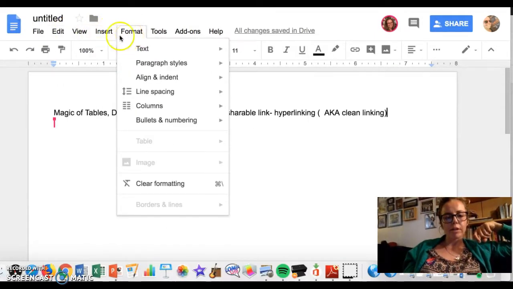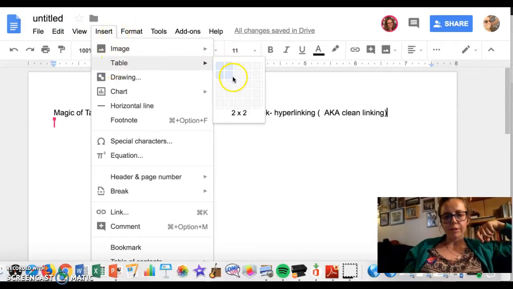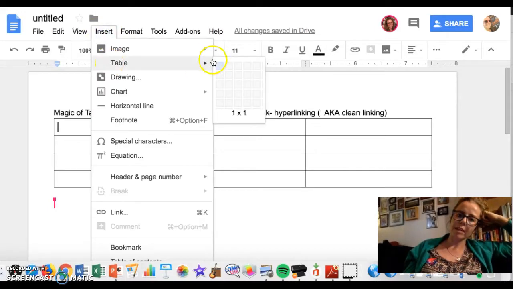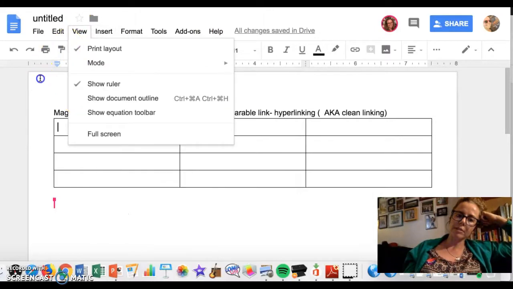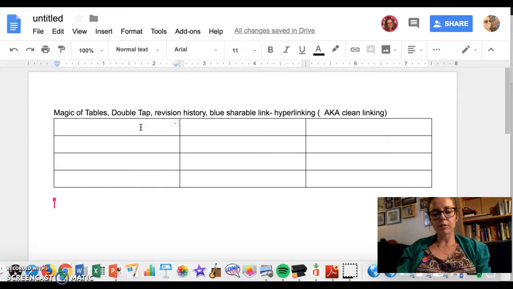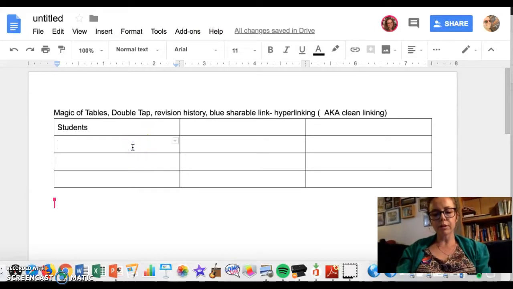So the first thing that we're going to look at is inserting tables and looking at some of the features that we can use with tables. So here we have a table. I just went to insert and then table, and then I picked the one I wanted. What happens once the table is inserted is you can put any information in, like let's say you wanted students to make a commentary, you could put their name in,